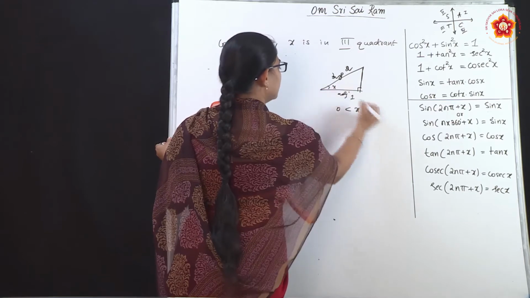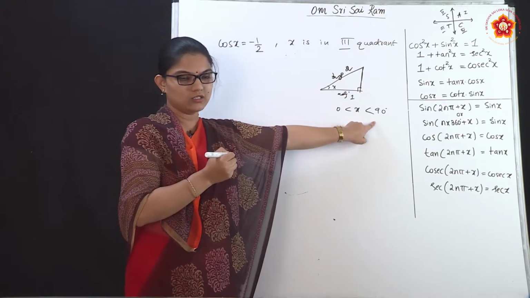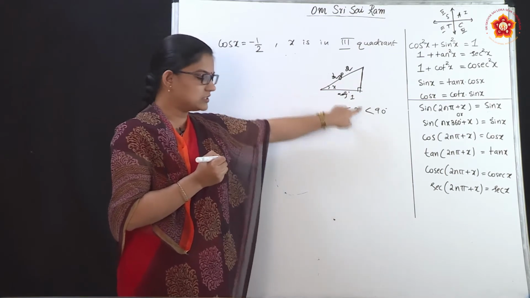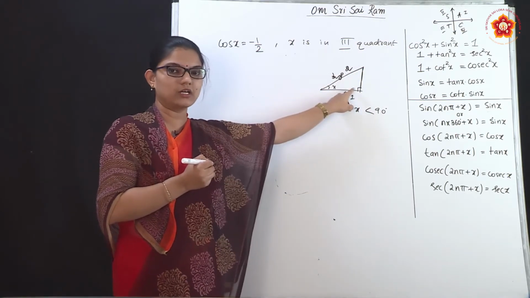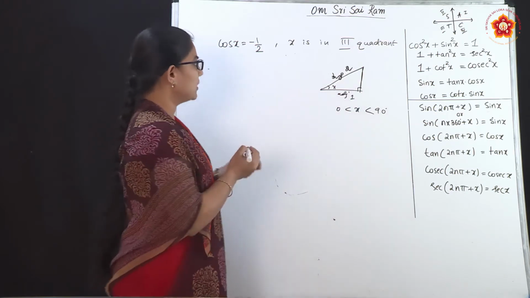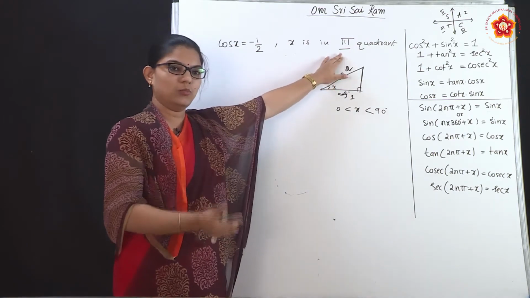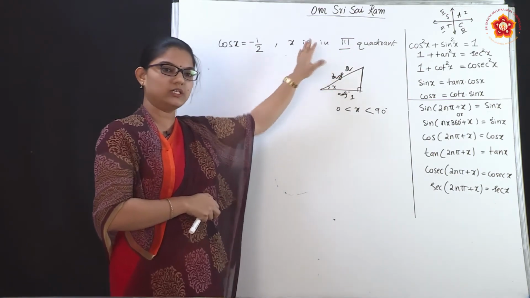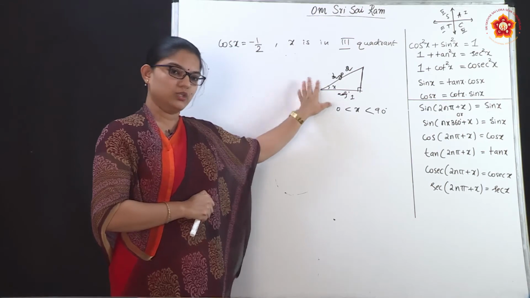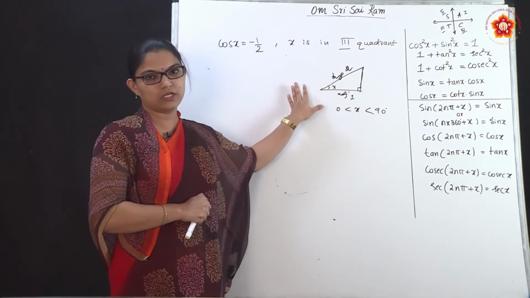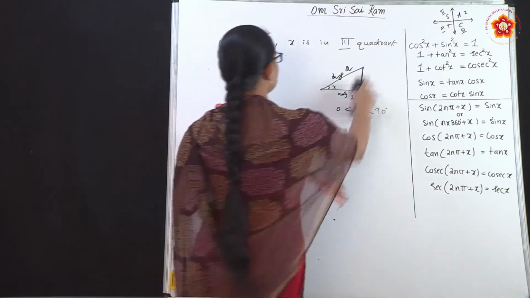0 to 90, that is, it should not cross 90, correct? So you solved for such angles which lie in this range. That's how you used the right angle triangle concept in your earlier classes. But here we are considering more than the first quadrant, that is the second, third and fourth quadrants, for which we cannot use the right angle triangle concept. You can use it just to confirm the answer, but you are not supposed to use it as the answer, okay? Now how shall we find it out?